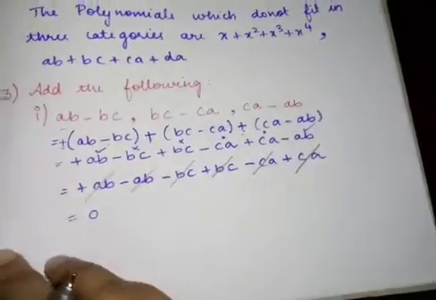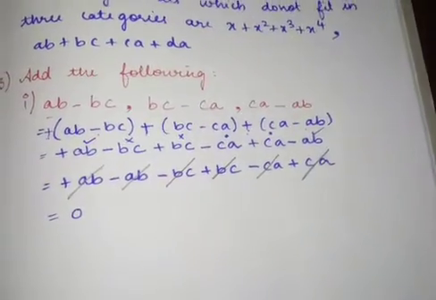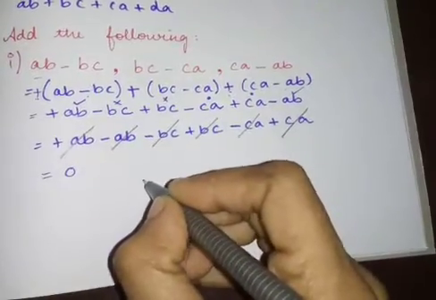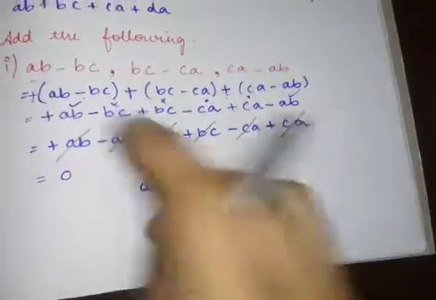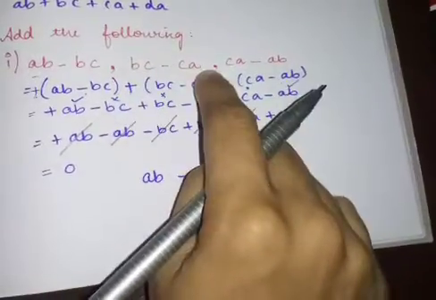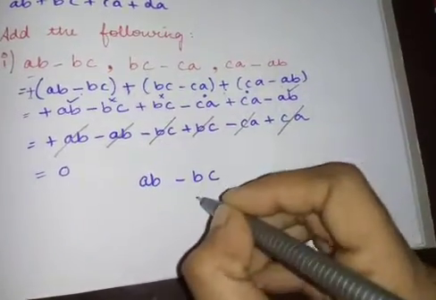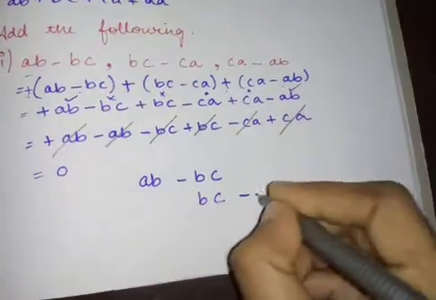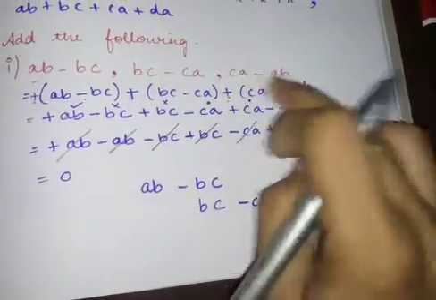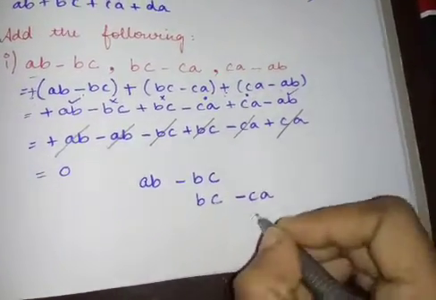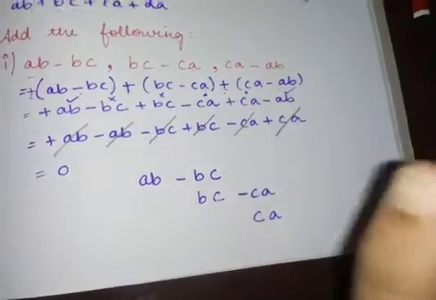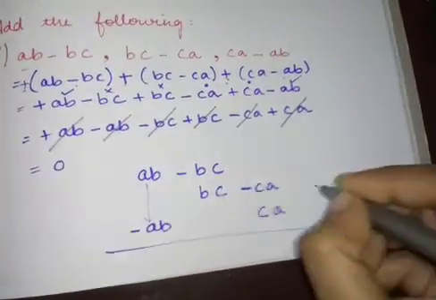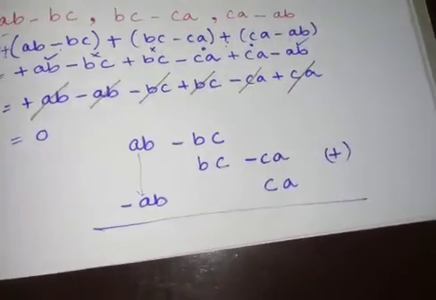Okay. See, for this problem, I am going to write that we do the second method, right? Like that I am going to do it. Listen. First term I am going to write AB minus BC. Second term, BC minus CA. BC where will it come? Here. Correct? Then BC. CA, can we write it here? No. Then minus CA. Next, CA minus AB. CA where will you write? Under this. CA minus AB. Where will you write? Under this. Correct? Then minus AB. Now you should add all the values.